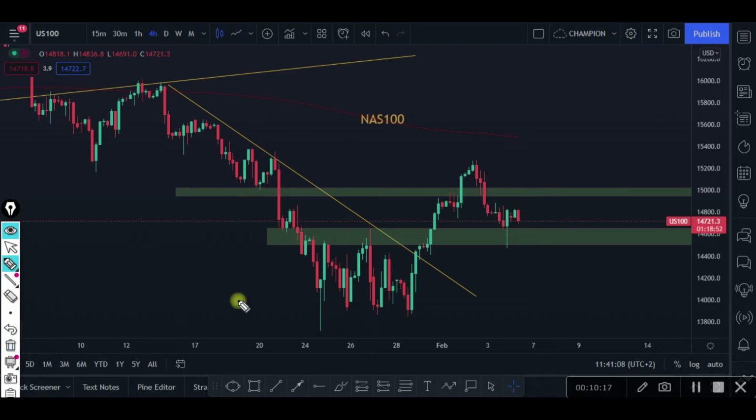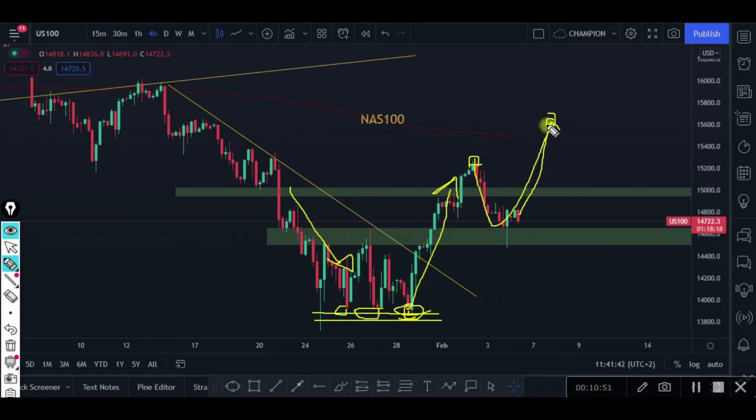because this is NASDAQ 100. It can push higher and create a new higher high. As you can see, this is our point, the area where the market was making the U-turn from the previous sell. Now the market respected this area a couple of times to give us this impulsive movement, and now we're having a pullback. We're gonna have an impulsive movement. So this is our lower low, lower high.